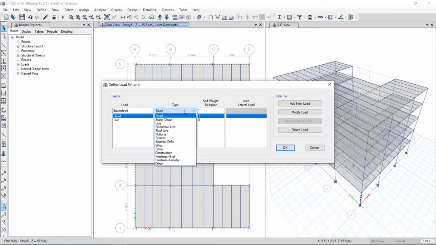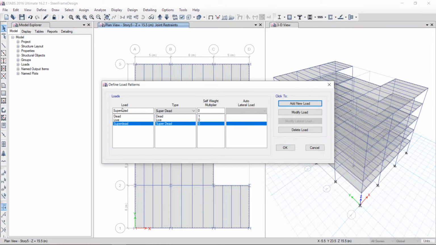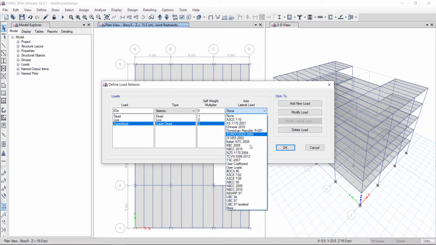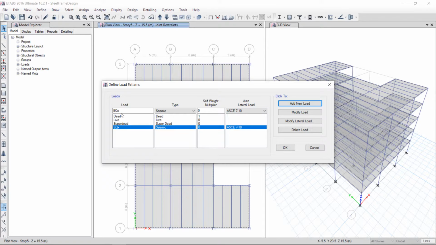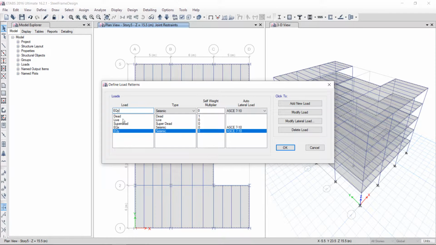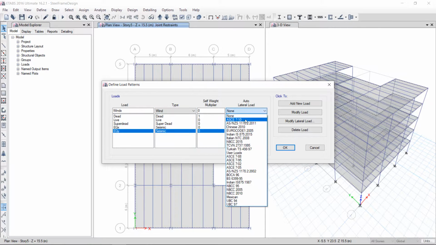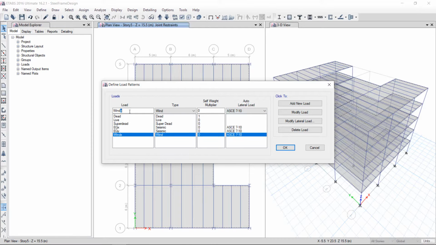Okay, now earthquake load in X direction, seismic. Okay, here I have selected ASC 710 code. Similarly in the Y direction. Okay, for the wind, in X direction. Similarly wind in Y direction. Okay,